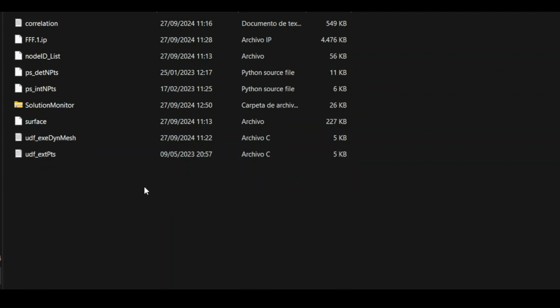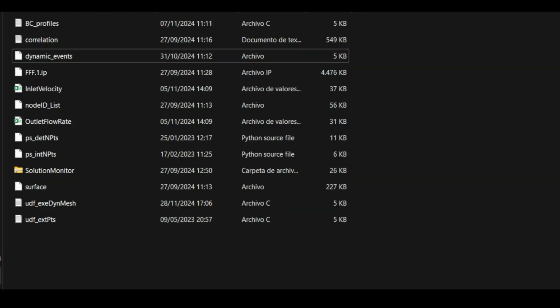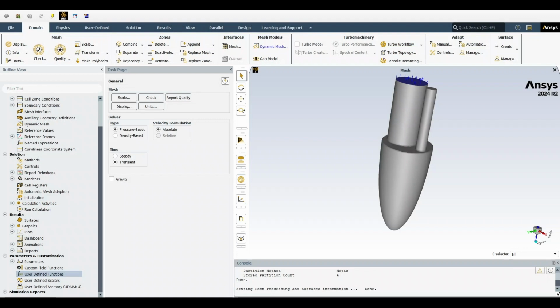and we're going to copy here the files that we copied just now, and also we are going to copy the STL files that we have created also in the previous video in the geometry preprocessing. So we have here the STL files too, when we run the Python scripts in Spider. Well, we're going to talk about that later. So let's go back to the Fluent workbench,